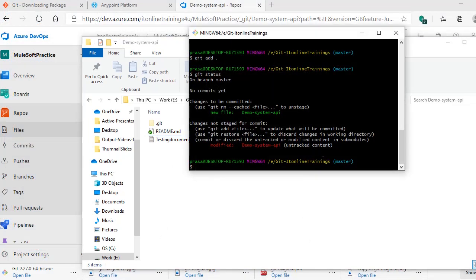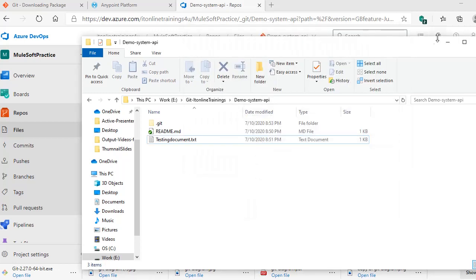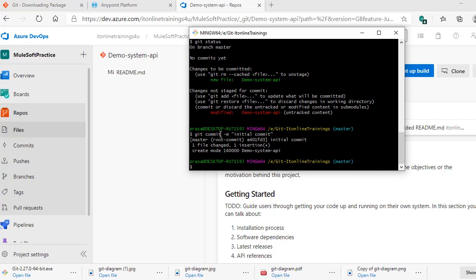Now you need to commit this file with some message. You need to pass the message by using the -m attribute. See, one file changed, so the one file is getting committed. But even though that won't be available in your central repository, this file is committed to your local repository. You need to push these changes to the central repository.